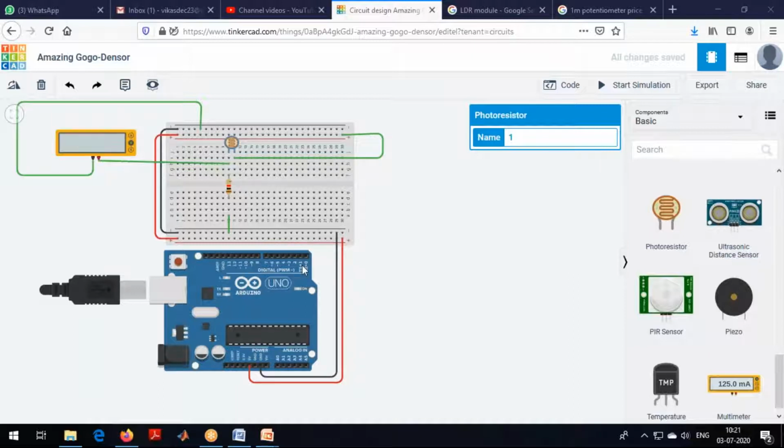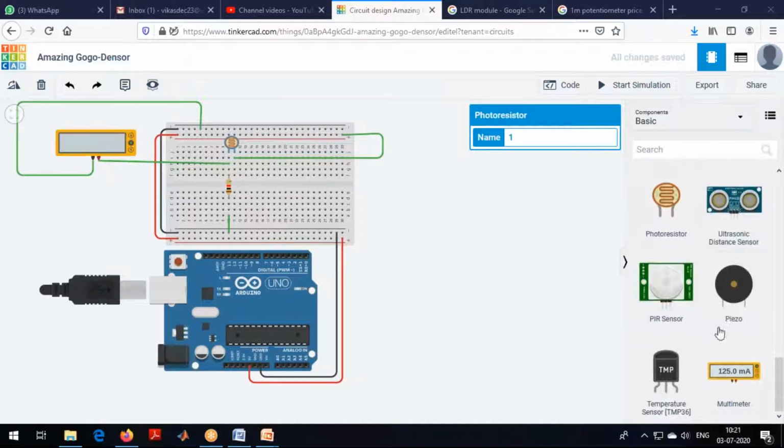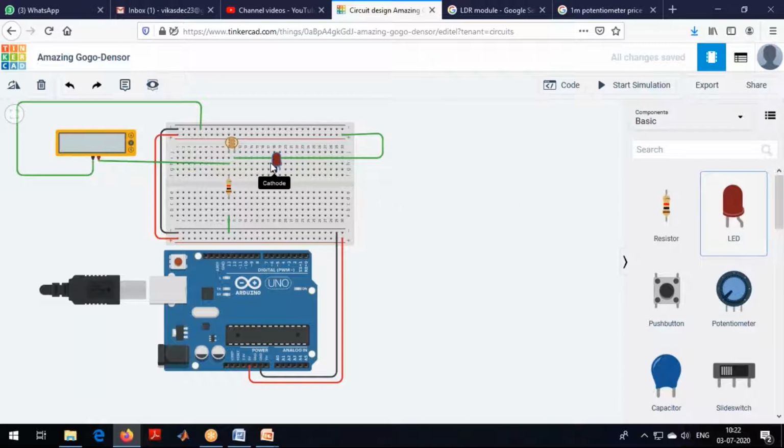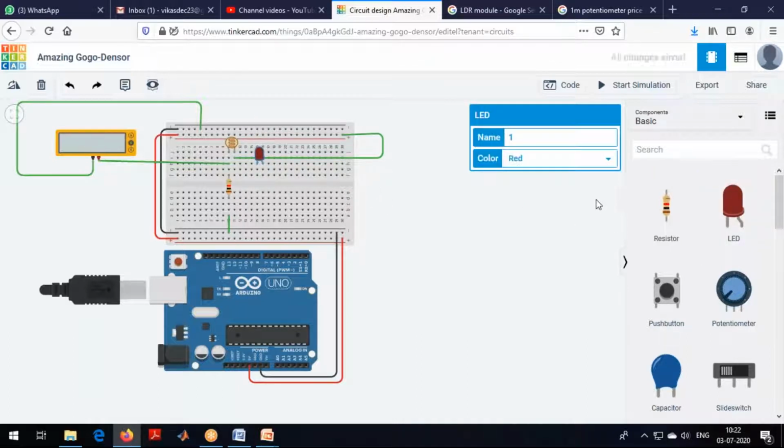For simplicity, I'll try connecting an LED, because we talked about the automatic street light, right? At a later stage you can replace this with a relay and an actual bulb to work with a normal household bulb.